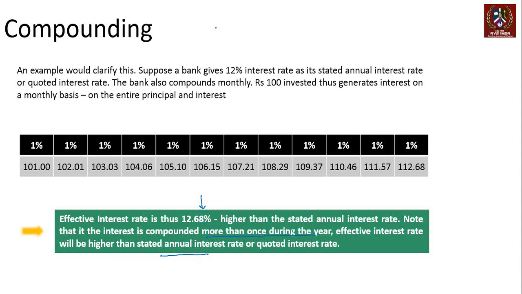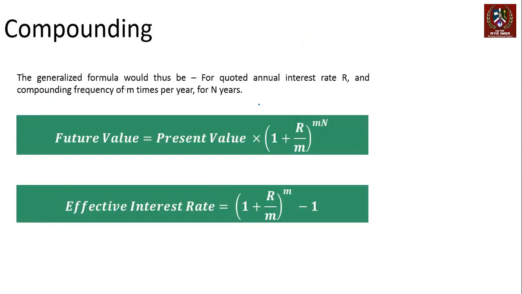What did we do? What we did was effectively introduce 100 rupees for a period of 12 periods at 1%, instead of our initial idea, which was 100 into 1 plus 12%. That is if the frequency is once. If the frequency is 12 times, that's what we did. Now let's try and get into a formal